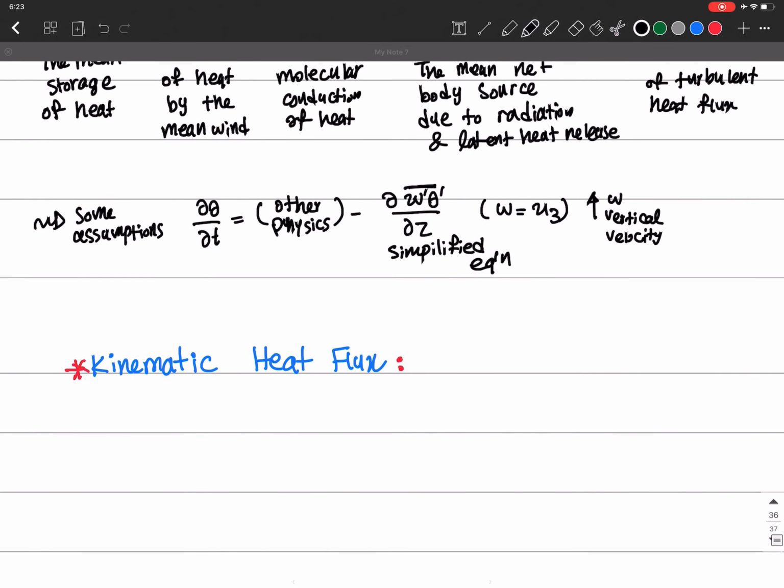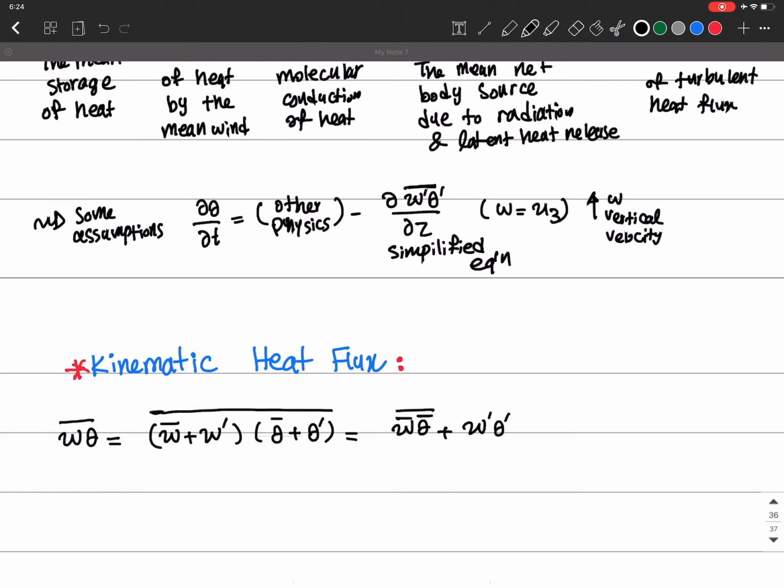So in general, we can get this W prime theta prime if we multiply the original signals of W and theta, which is the vertical velocity times the potential temperature, and then take the average of that. We can do the Reynolds decomposition here, and get W bar plus W prime times theta bar plus theta prime, and then take the average of the whole thing. And this equals, if we look at each term separately, W bar theta bar plus